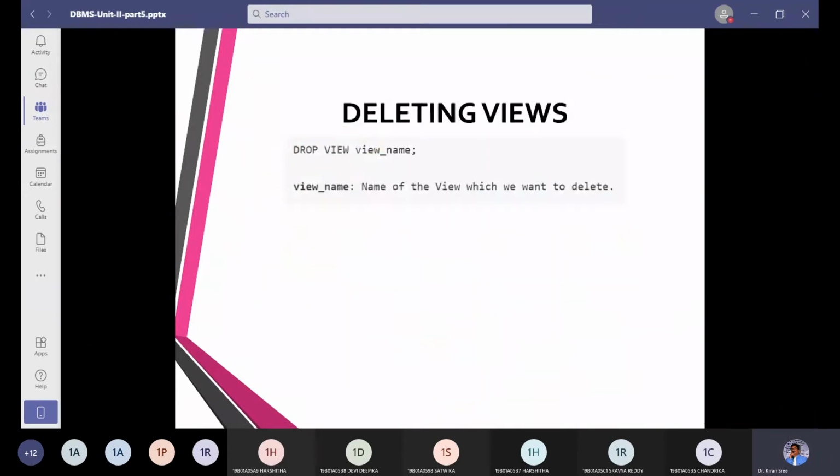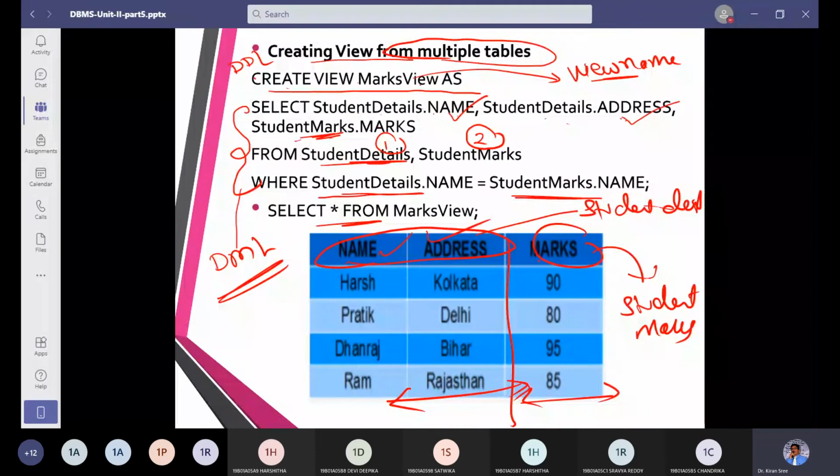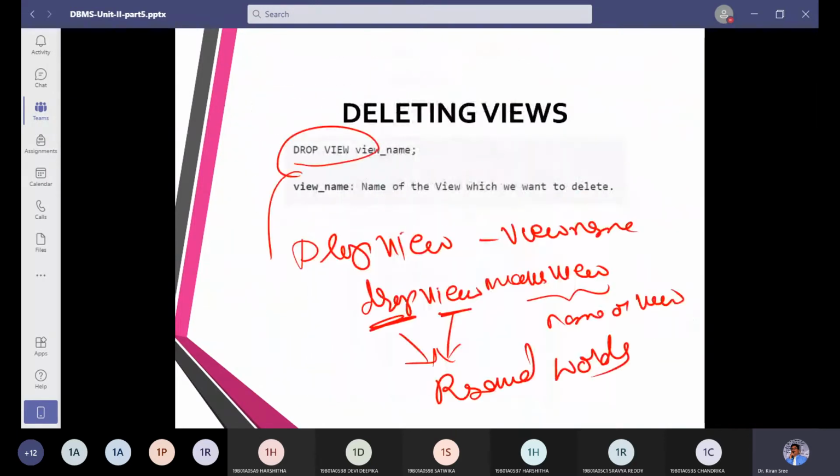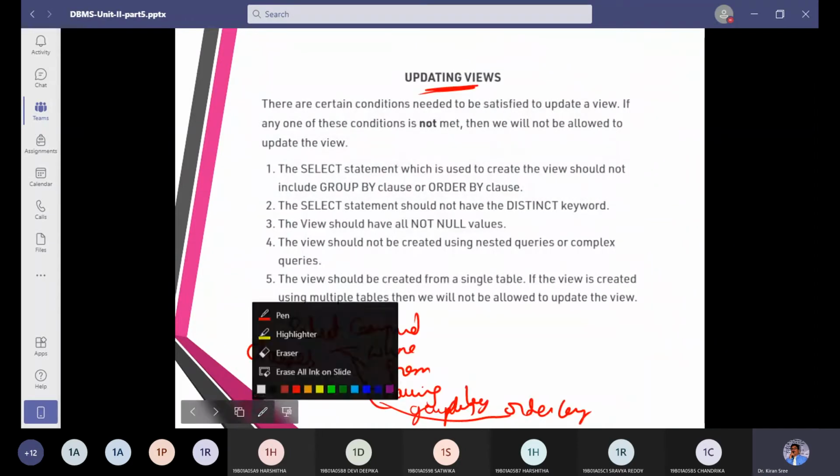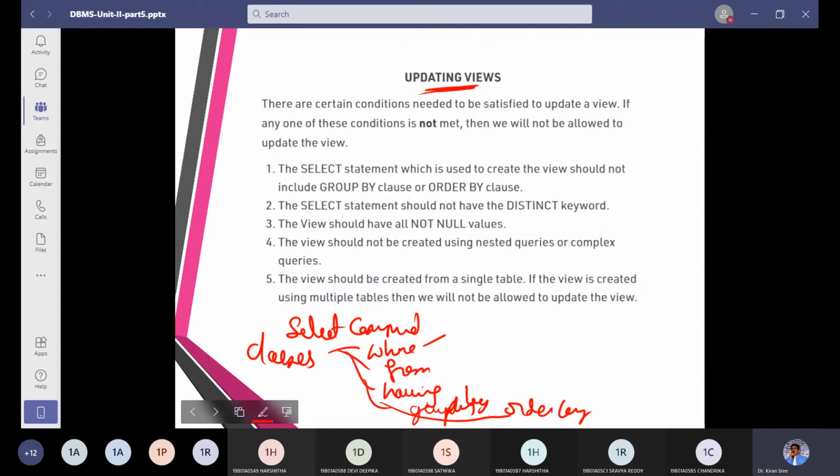So what clauses did you use here? Just to verify, I have used the from clause and the where clause. So these are called clauses. What are the other clauses? They can be where clause, from clause, having clause, group by clause, order by clause. So this is 1, 2, 3, 4, 5.